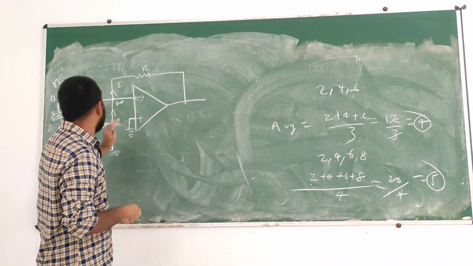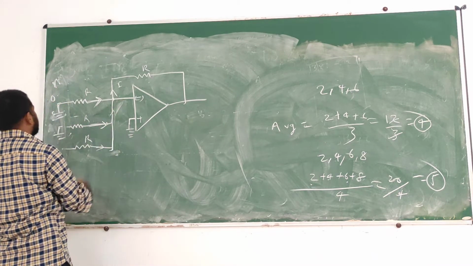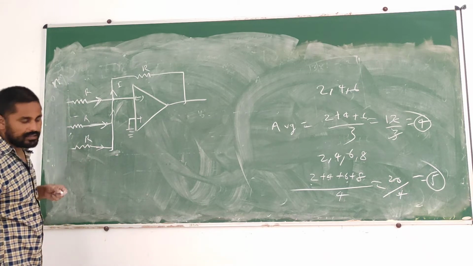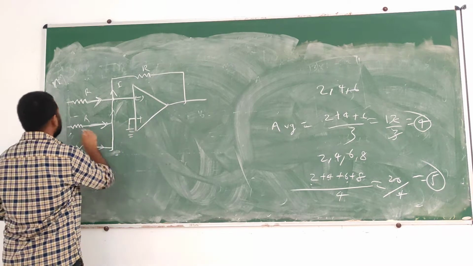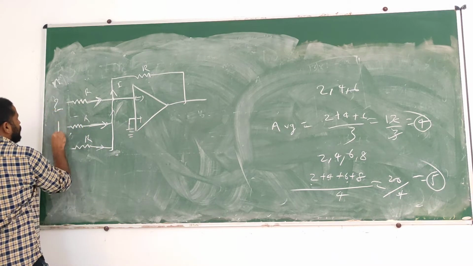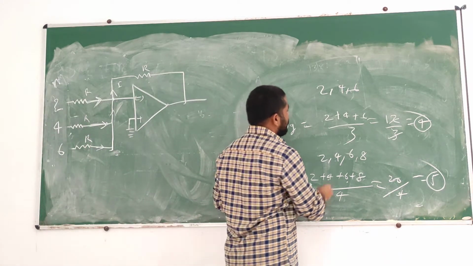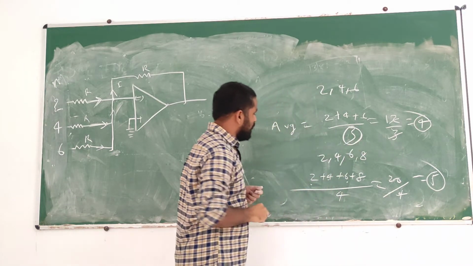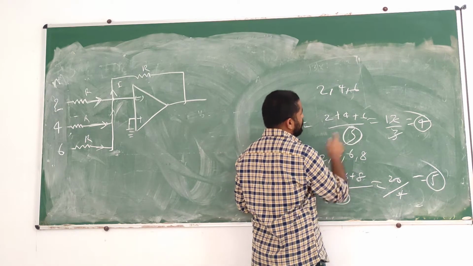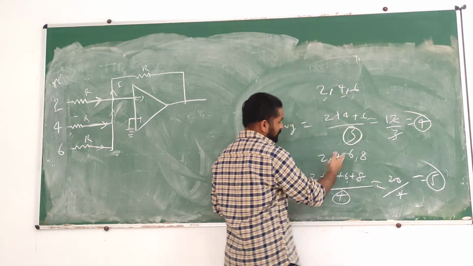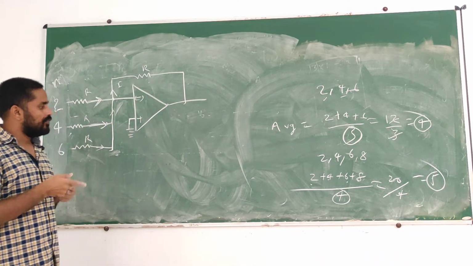What we need to do with the help of this circuit, how can we do it? This is just easy. Same circuit. Suppose we need the average of 2, 4 and 6. But what we are seeing is that the factor 3 is coming for 3 numbers and the factor 4 is coming for 4 numbers. 2, 4, 6, 8 for 4 numbers, and for 3, 2, 4, 6. The factor 3 and 4 is coming, means we need the gain of 1 by 3 and for 4, 1 by 4.